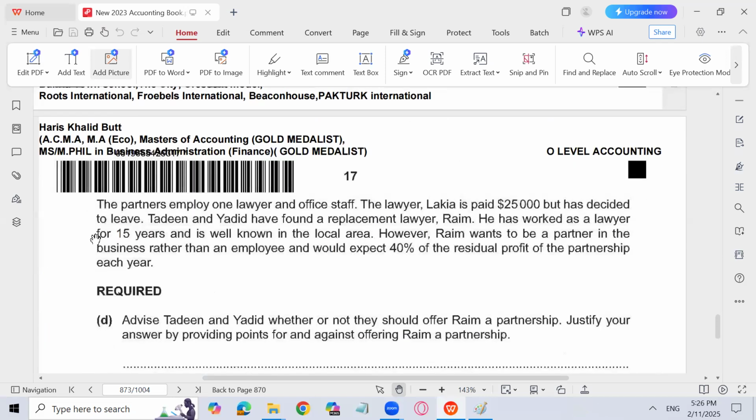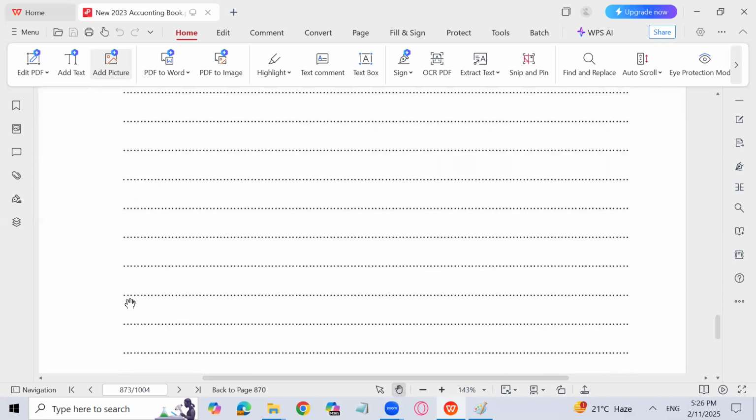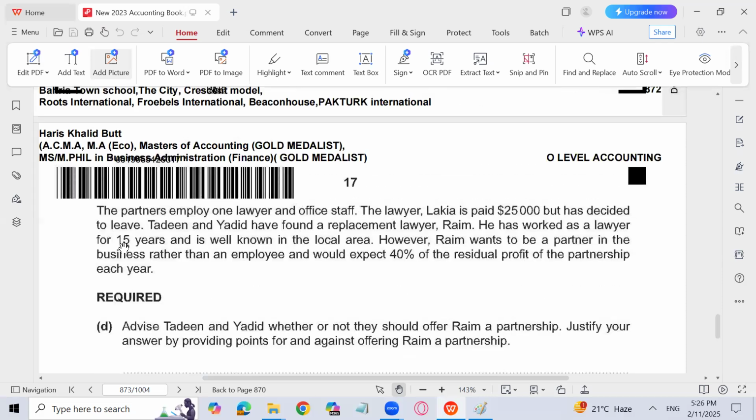The partners employ one lawyer and office staff. The lawyer Lakia is paid $25,000 but has decided to leave. Nadine and Yadid have found a replacement lawyer, Ryan. He has worked as a lawyer for 15 years and is well known in the local area. However, Ryan wants to be a partner in the business rather than an employee and would accept 40% of the residual profit of the partnership each year. Advise Nadine and Yadid whether or not they should offer Ryan a partnership. Justify your answer by providing points for and against offering Ryan a partnership, and there are 5 marks. So can you please tell me,